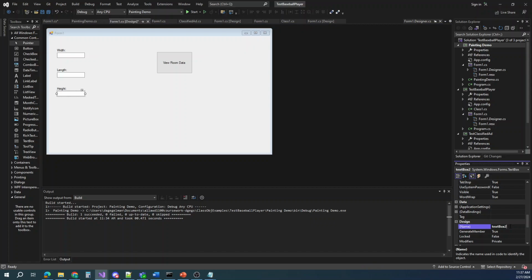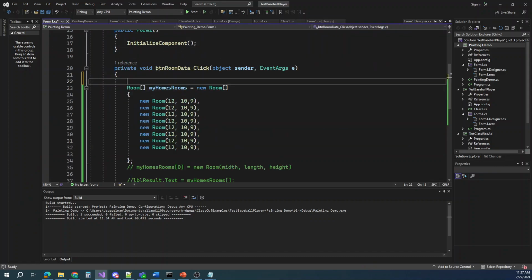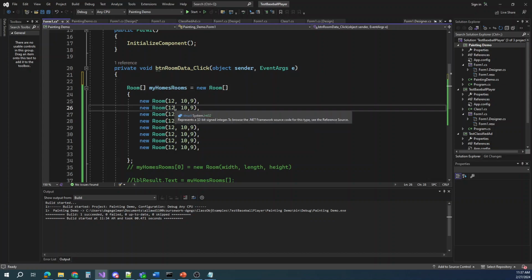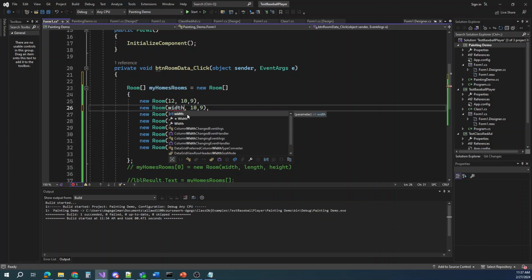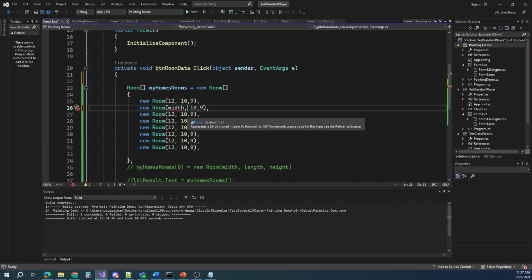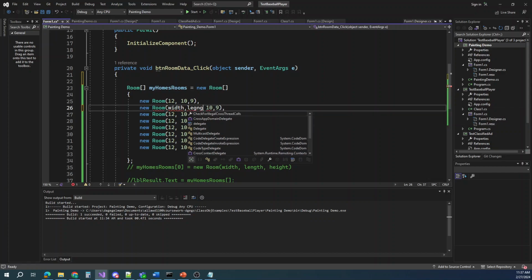And our text box we'll call txt height. So now we can let users enter some data, but to handle that, we got to go back to our array that we created. So instead of hard coding that in, on our second one, we'll put width, length, height,